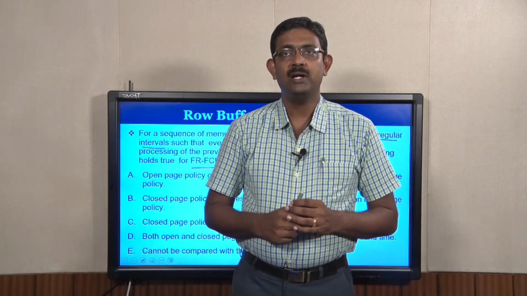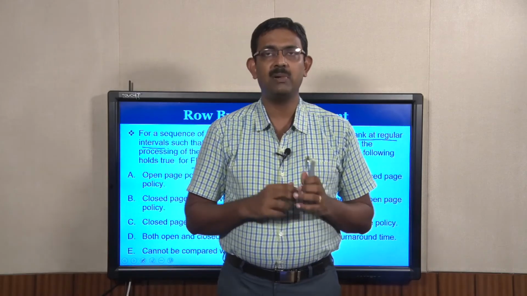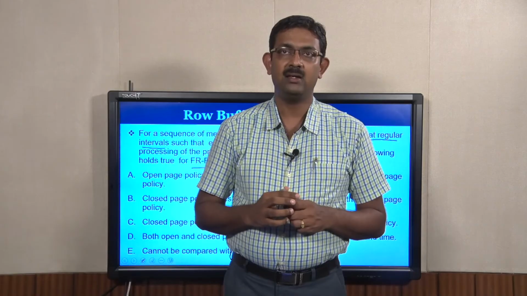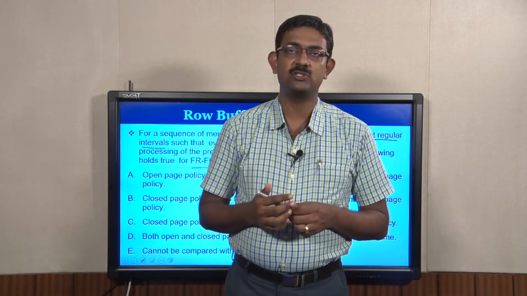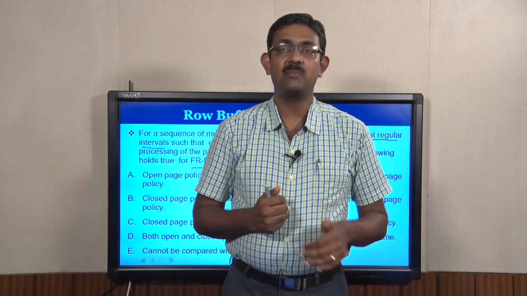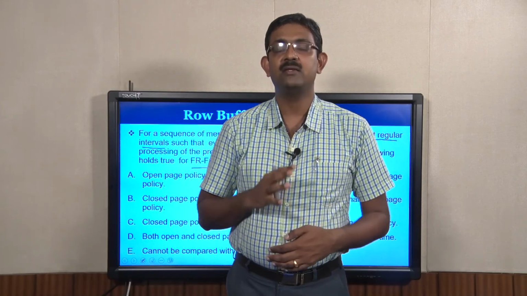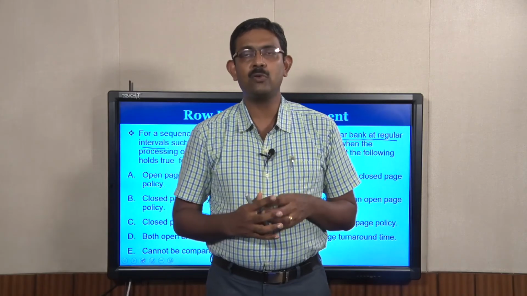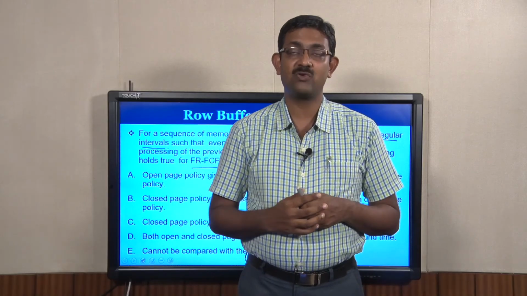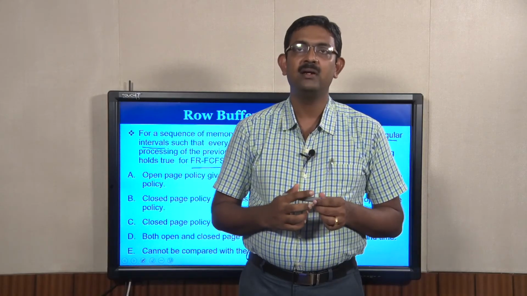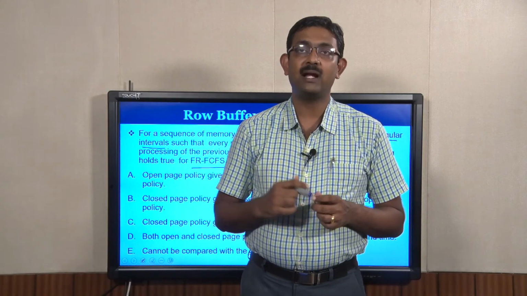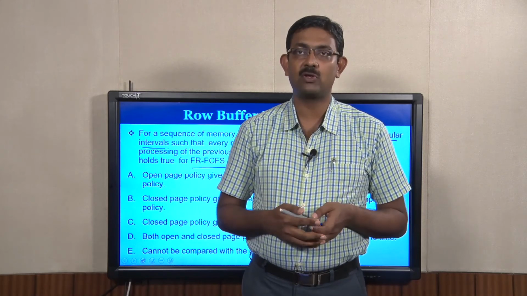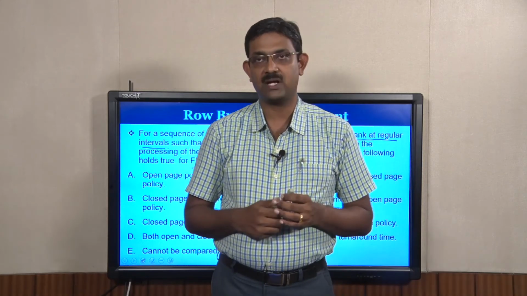If it is a closed row policy, by the time you complete the servicing of a given request, if the queue is empty, then we don't know what is going to come in the future. So you perform a pre-charge operation, hoping that the future request is to a totally different row. So in open row policy, we hope that the future request is to the same row, leaving the row open. In closed row policy, we hope that the future request will be to a different row. So there is no point in keeping the row open right now. Let me close it. That's called pre-charge.